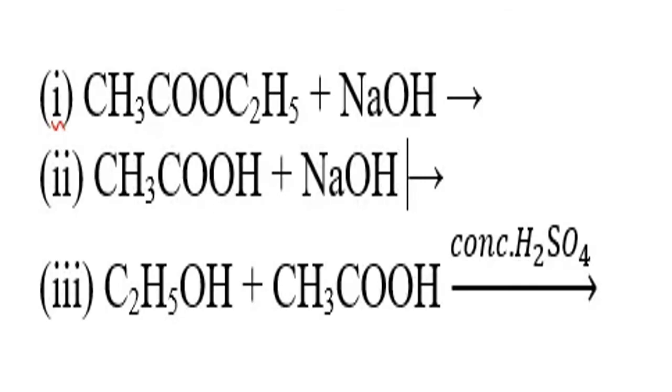Now please complete these reactions. This is ester, CH3COOC2H5 plus NaOH. That time Na will go here, C2H5 will come out. That means CH3COONa. Then C2H5OH, ethanol, forms here. Okay, right. Now this is acetic acid plus NaOH. Here also H is given, Na goes. So sodium acetate, and this H comes out with OH and becomes the water. Now this is alcohol and the acid, formed compound is what? Ester, right?